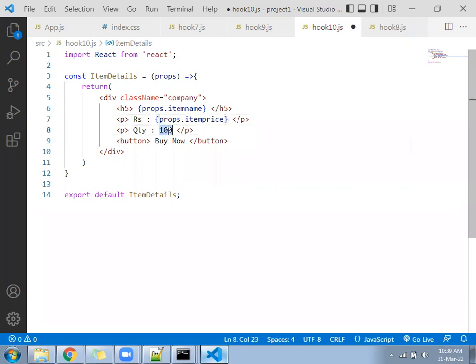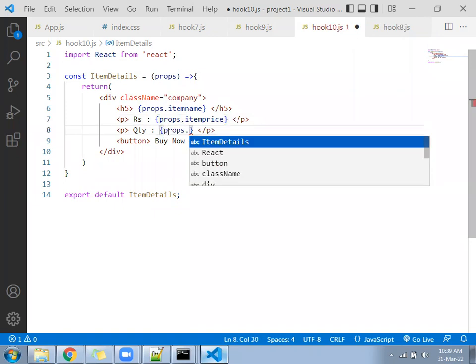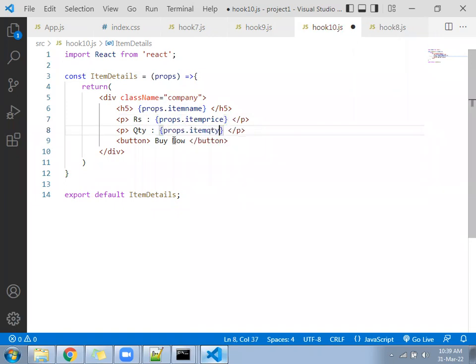Then quantity, props dot item qty. Next, for now let it be the same. So whenever you call this component, how many values do you have to send? Whenever we call this component, how many values do we have to send?